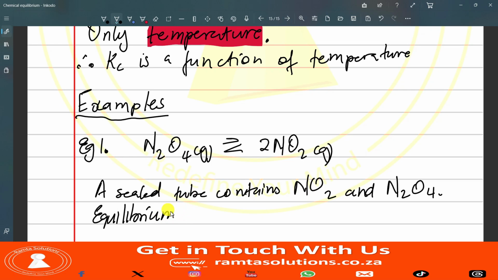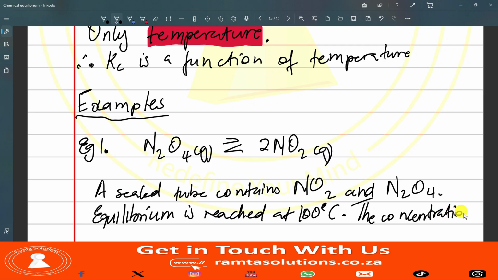Equilibrium is reached at 100 degrees Celsius. The concentrations at this stage, the equilibrium stage,